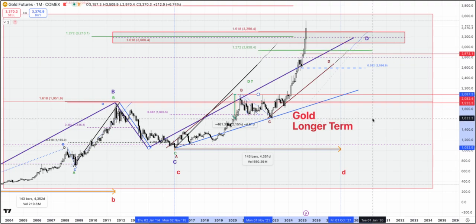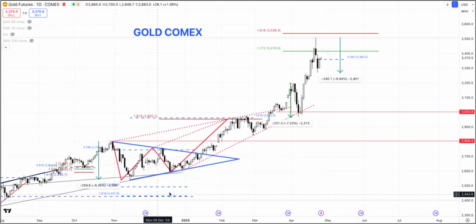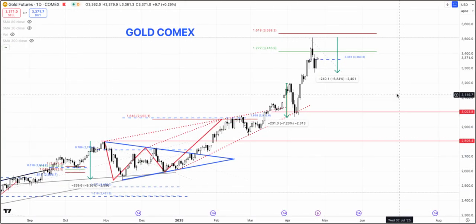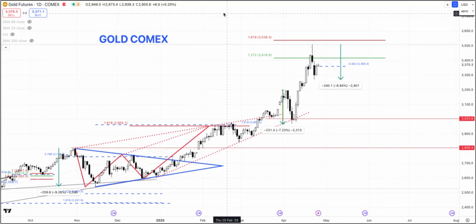This market, it's pretty strong. It has 2 to 3 strong days to the downside, then it just rebounds again. Could it be different this time? We'll have to wait and see. But right now,